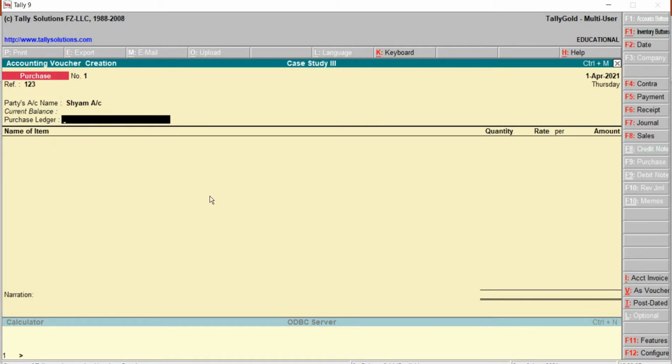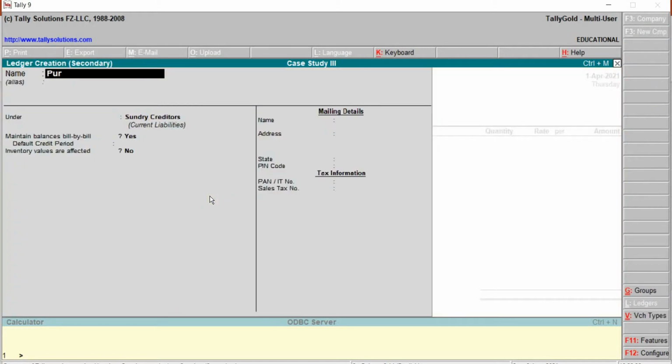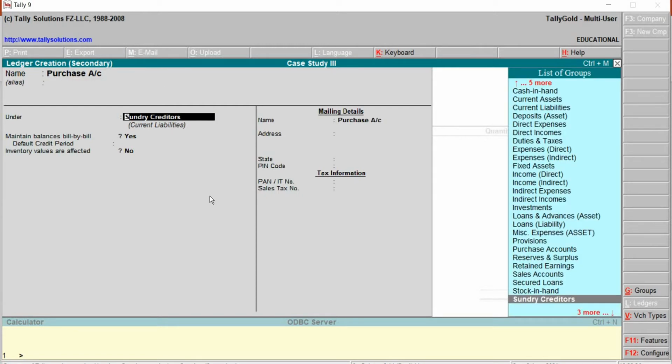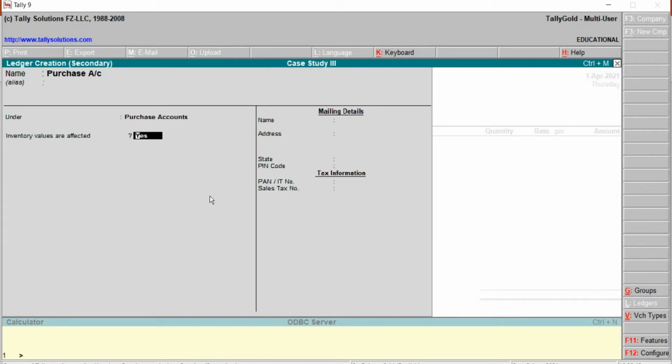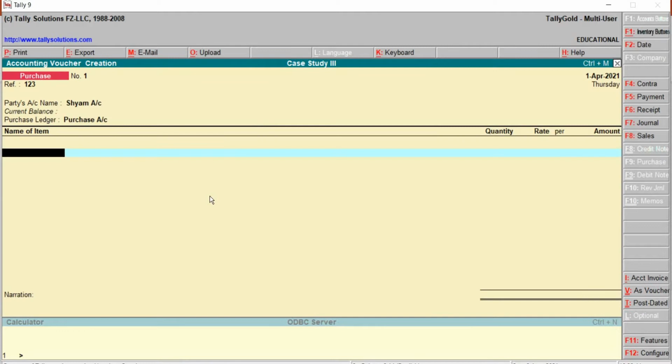Alt C to create. Alias will be blank and this will be allocated under the group, that will be purchase accounts. Then save. Press Y.